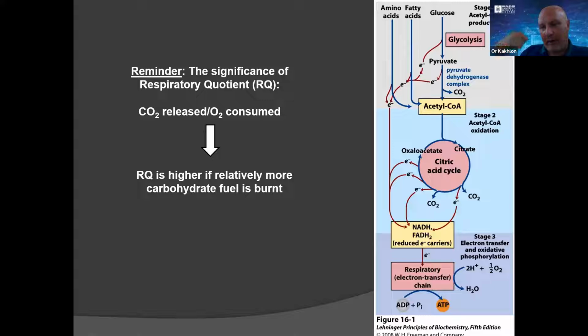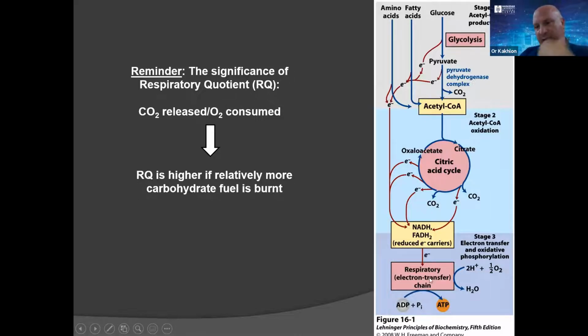So I just wanted to go back to basic biochemistry, if you will, and remind ourselves about the concept of respiratory quotient. If you look at the fuels that cells use, when they burn carbohydrates, they burn them eventually into pyruvate, which turns into acetyl coenzyme A. Acetyl coenzyme A enters the Krebs cycle, or the citric acid cycle, which produces reducing power. This is the most important product of all metabolization, reducing power. Why? Because reducing power